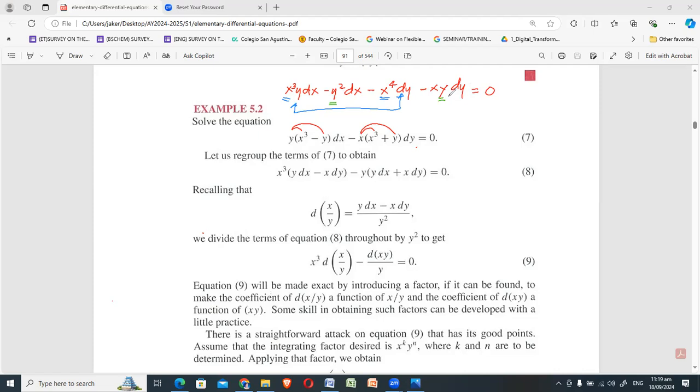But it doesn't mean that when you did regrouping like this one that I did, if I'm the student and a newbie on this, I will know right away and I will get it right. If you don't get it right, then do another regrouping. So then, this is your regrouping.